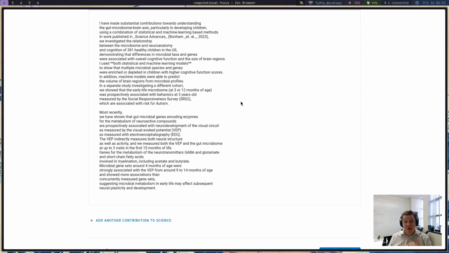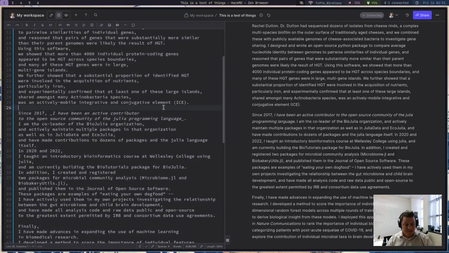Not Microsoft Word, not Google Docs. Those are rich text editors. You really want a plain text editor. If you already write code, if you have an IDE like RStudio or VS Code, then you can definitely use those to write your Markdown. If you don't, and you're more used to web interfaces, I really recommend